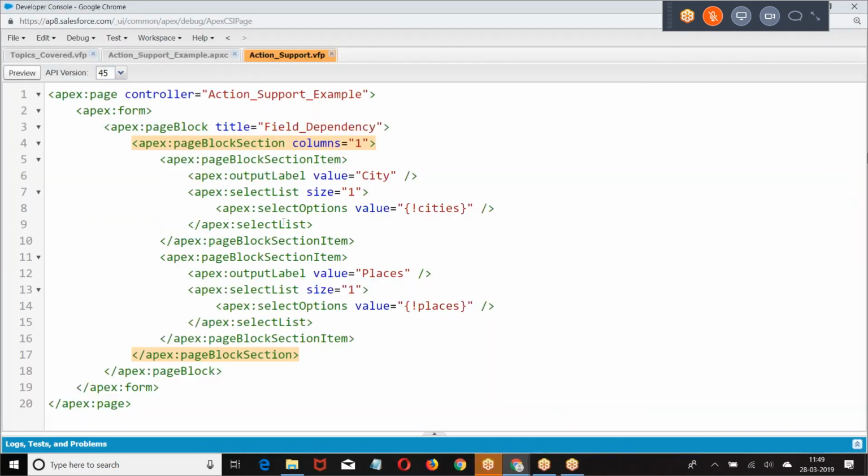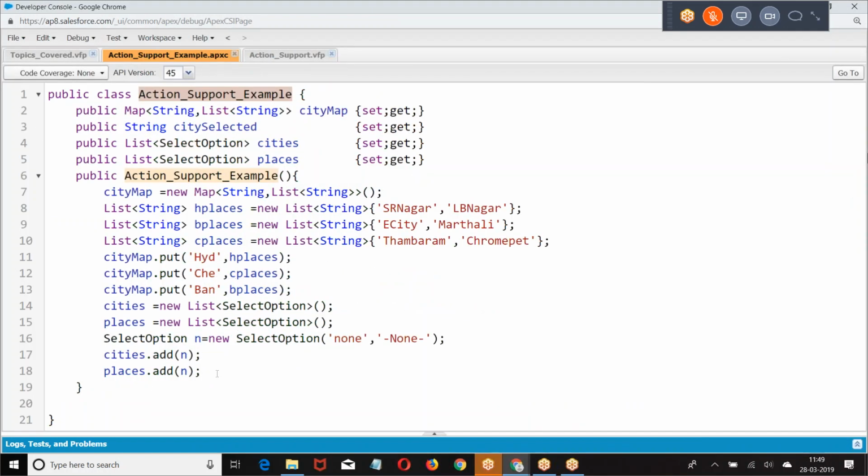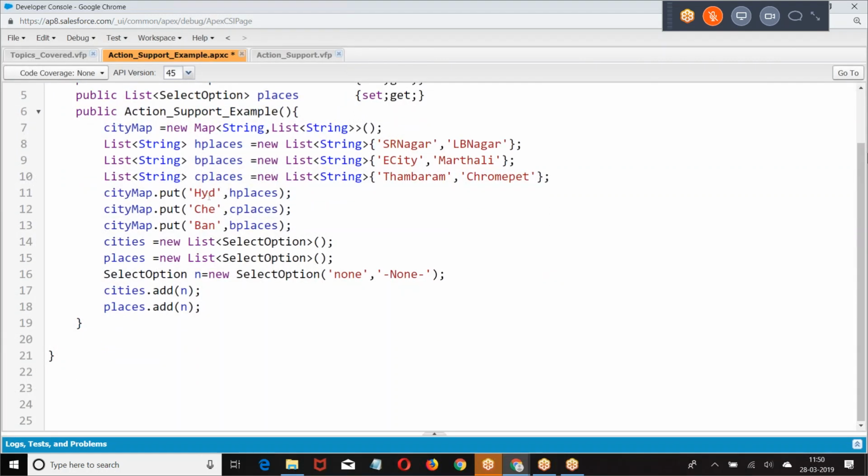Now what I was doing, go to the map, get all the places, get all the keys. What is the key? Hyderabad, Chennai, Bangalore. So what I'm doing here, set of string is equal to, we get all the keys. Then take one by one key.